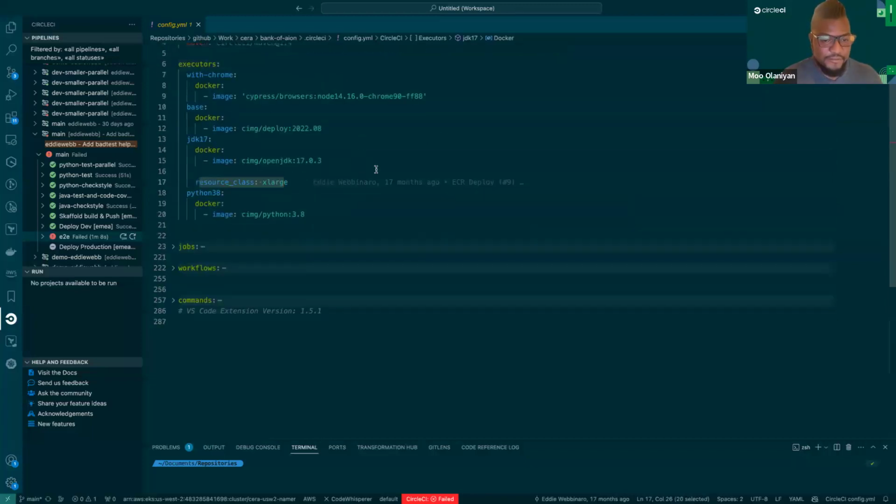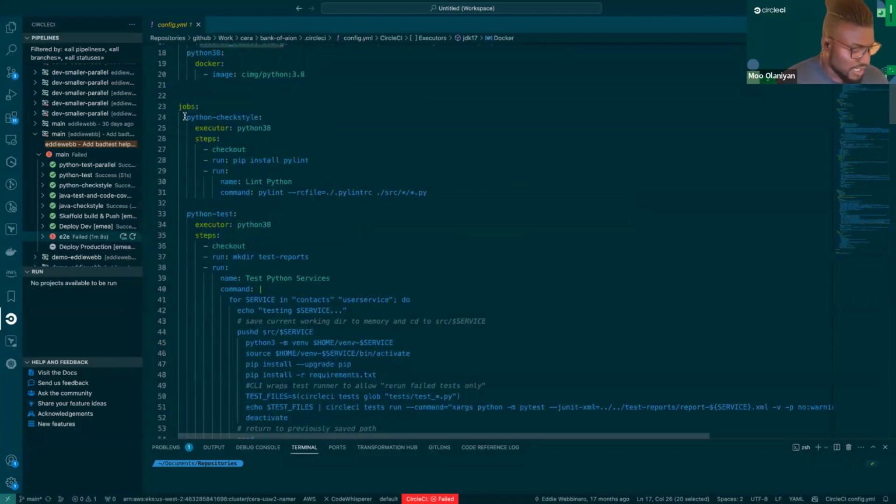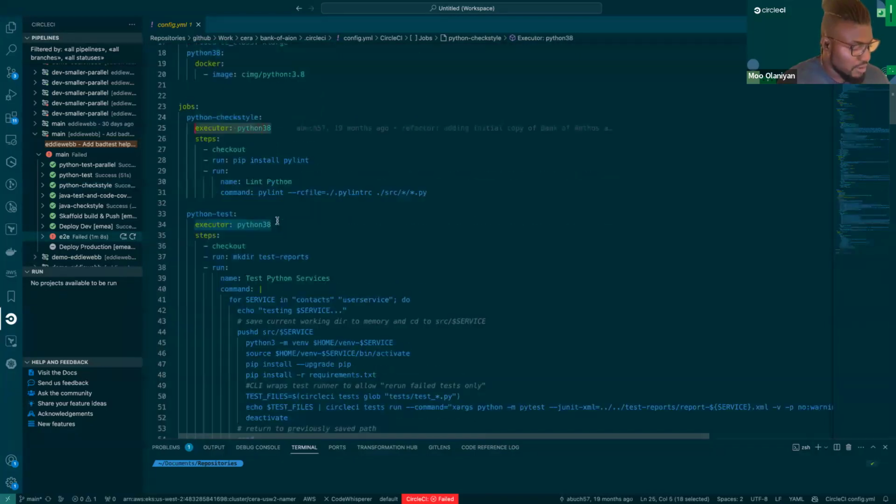After that, we have our jobs, right? And these are how jobs are defined. You can see that it's YAML based, so really easy to read. Each one of these is a job, right? And you can see that we define the job. We then say, hey, we want you to use this execution environment, the one that we just defined up here, right? And then we come down to the steps.